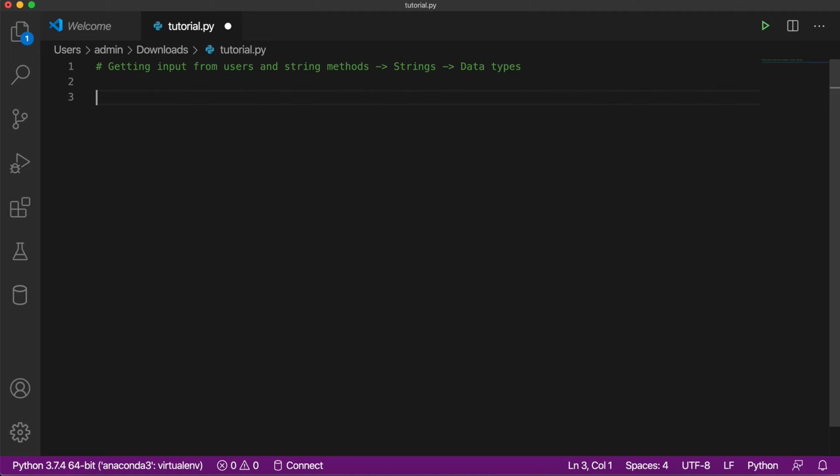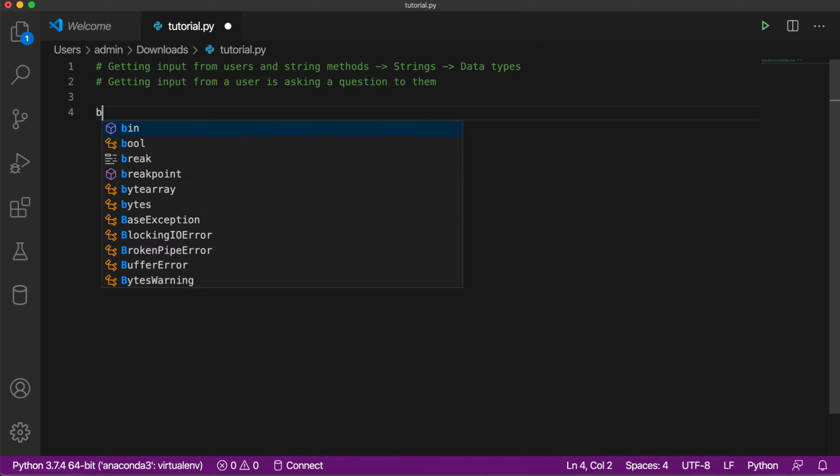So I'm just going to say getting input is like asking a question. Getting input from a user is asking a question to them. And as you probably know, our world is full of questions. Something like, let's just say, I was just looking at my MacBook battery. So let's just say battery